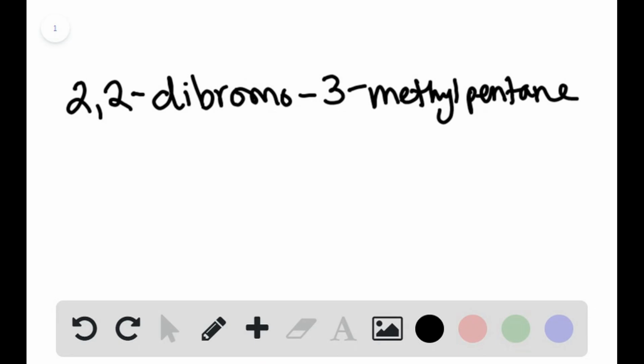All right, for the next one, we have a 6-carbon chain, so that's going to be a hexane chain. Right, when we look at the lowest possible combination again, right, we